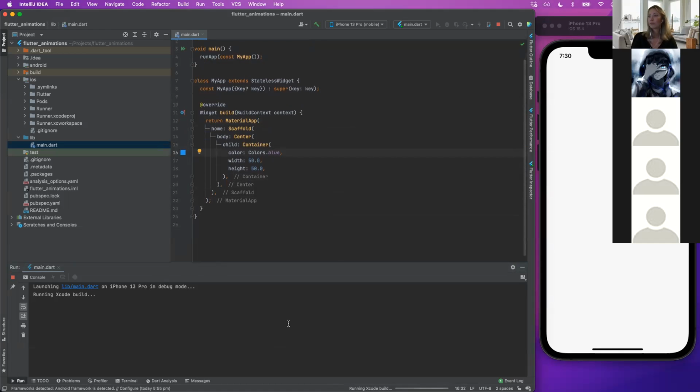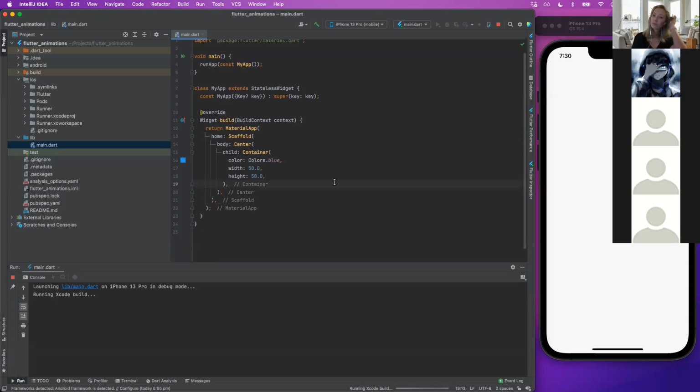Is there like a web version to visualize the changes, like in Colab or something? Sorry, say that again. Is there any web version to visualize the code, like in a Colab, maybe? Yes, yes. There is something called DartPad. This is like a Flutter version running on the web.